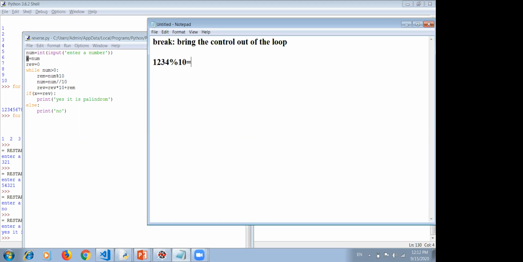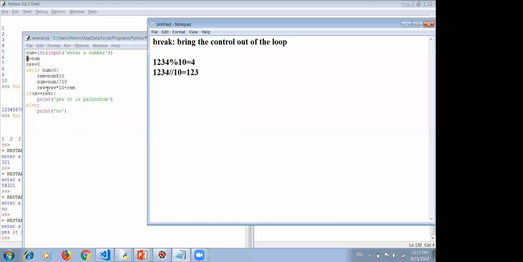The remainder will be 4. It means the 4 is separated. In the second step, I apply this number 1, 2, 3, 4 double slash 10. What will the output of double slash 10 be? The output will be 1, 2, 3 only, because it would give 123.4, but because of the floor function, it will give 123.